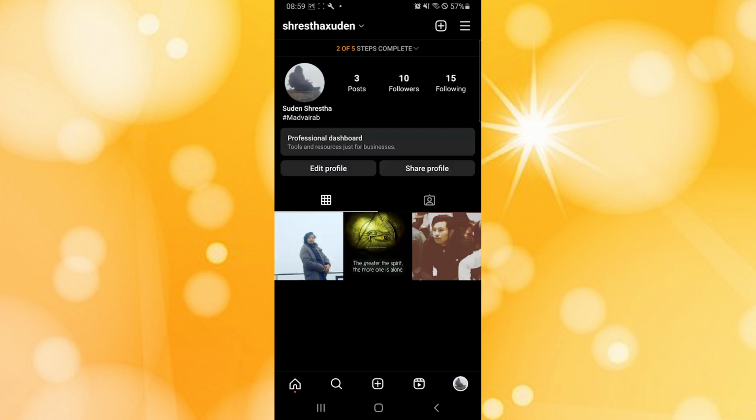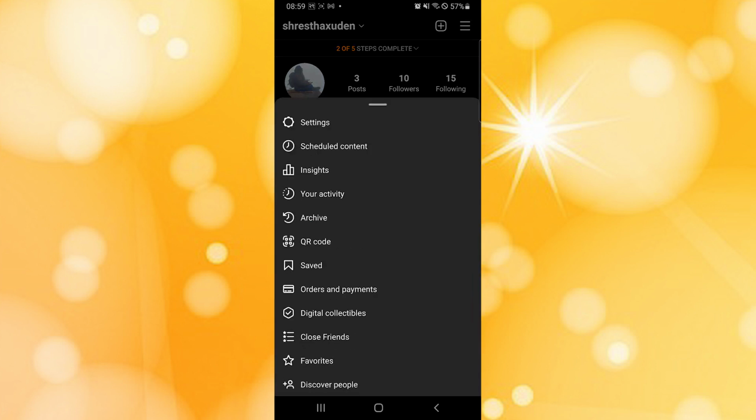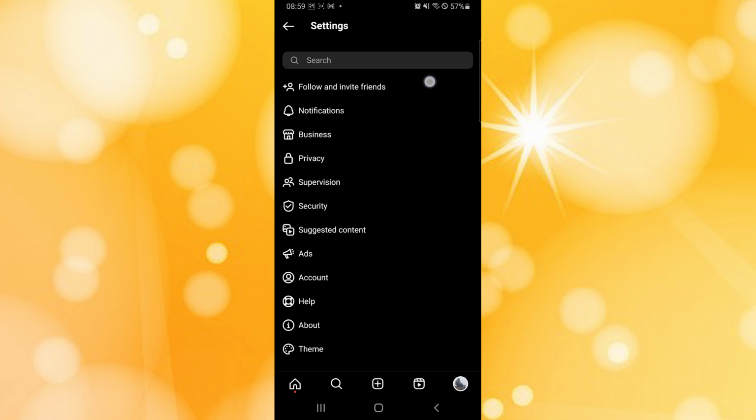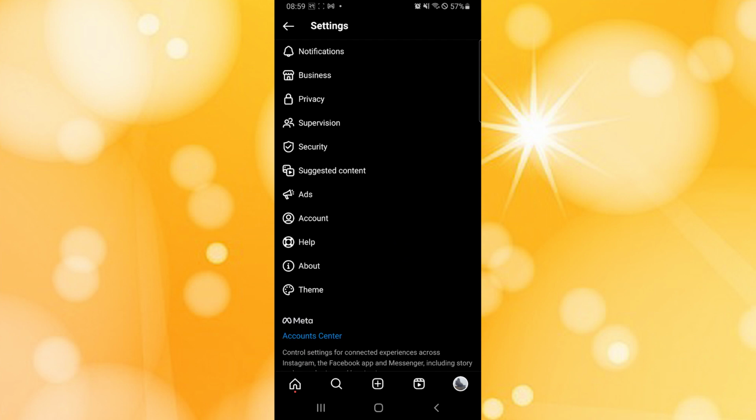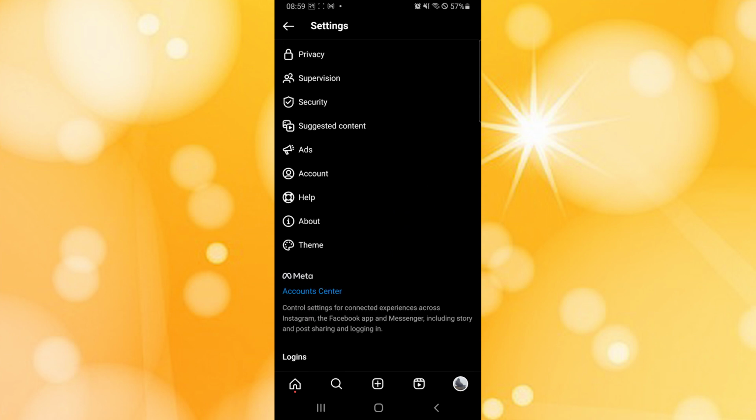Tap over there and you'll be over here on the settings of your profile, whereas at the top right corner of the screen you can again see the three line icon. Tap over there and tap on settings,